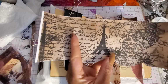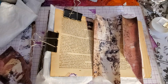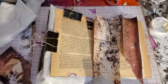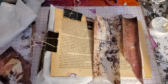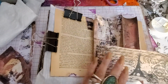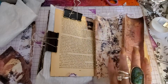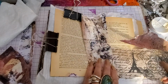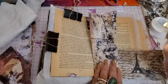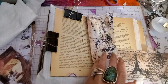I made a set just plain, not distressed like this one is. I did the black and white in case I wanted to do more of a monochromatic page. Anybody who wants to do a more monochromatic page, then you have the black and white. So, do I want this to go on top? And if this goes on top, it's going to be ripped. Or I want this underneath, and then just barely showing, or do I want...